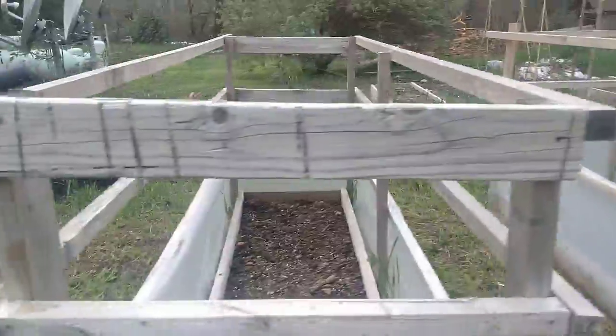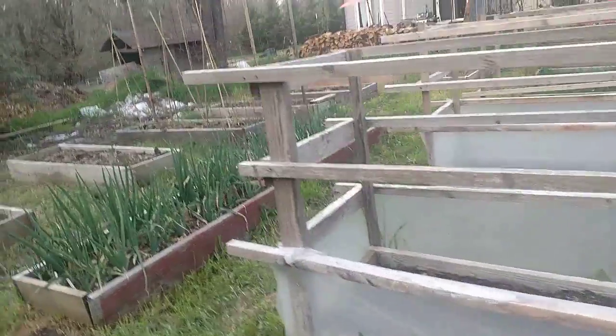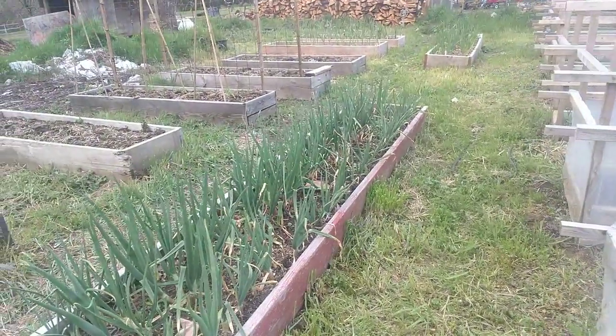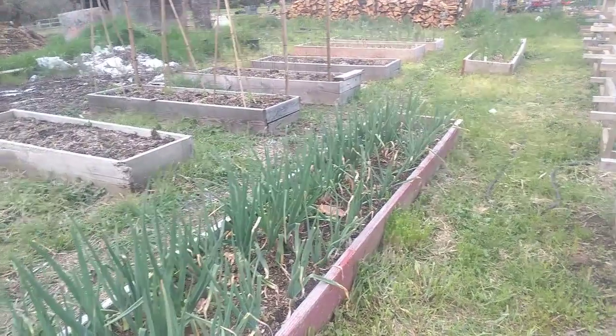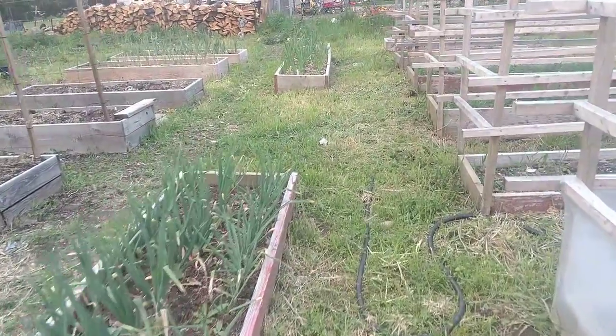See if I can get more space for the plants to get bigger and still be able to harvest them easily. We got 2 foot wide by 12 foot boxes of onions